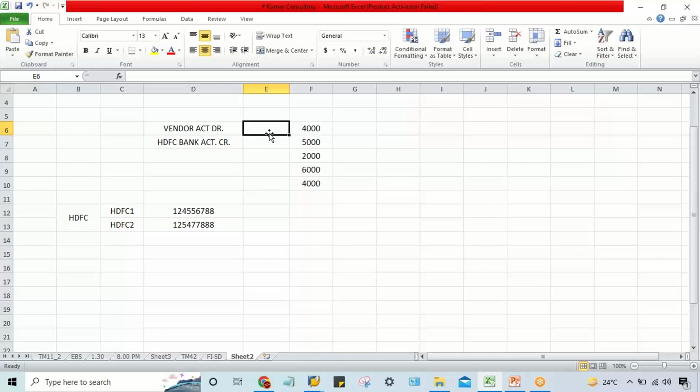Certain line items are posted, let's suppose, in August, September, and lots of line items become overdue, right? So here what is happening? Different dates it is posted. Now if I'm going to give here